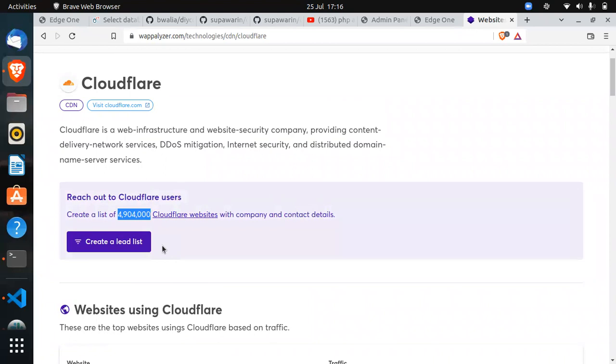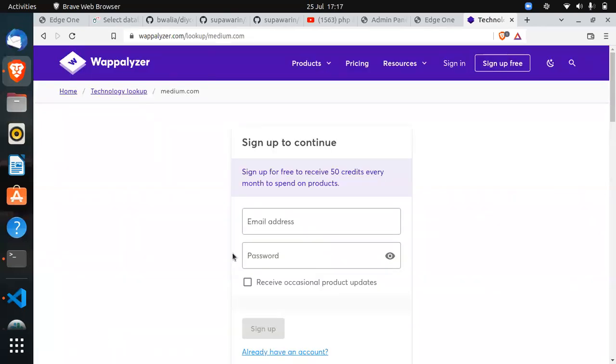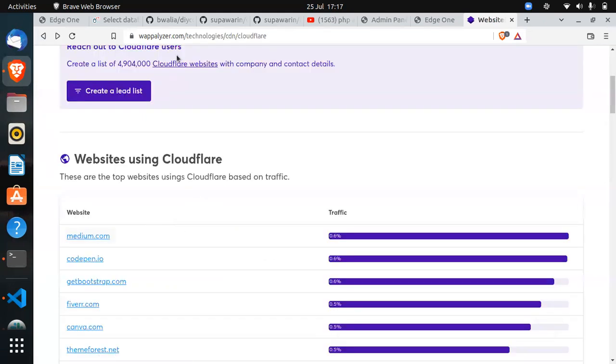No, Cloudflare is a web infrastructure. Cloudflare is a website using, okay, medium.com. When you type medium.com in your browser, which I'm typing right now, or Fiverr or Canva, or all of these. Oh, no. Okay, it won't let me type, but if I open in a new tab,